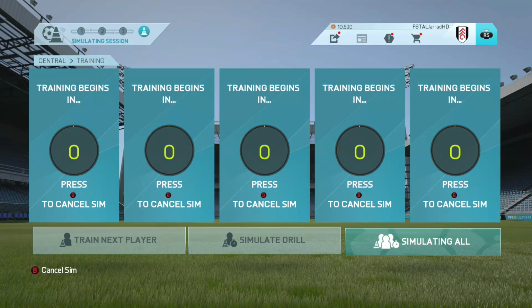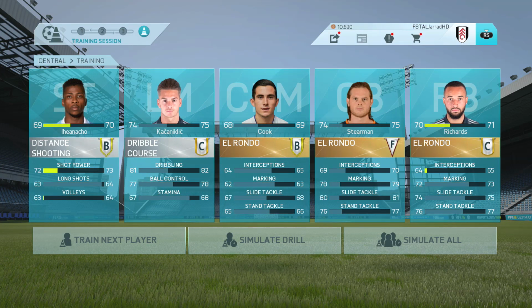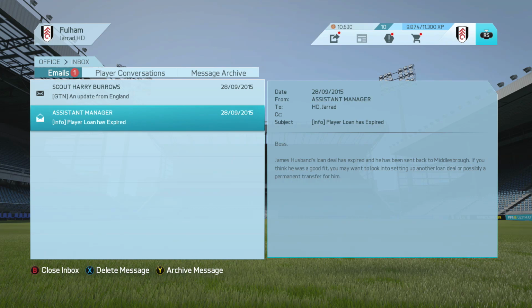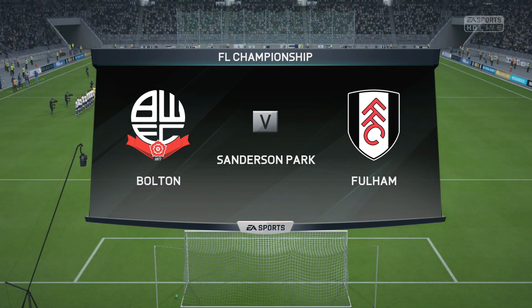As we move into training once again, we see that Iheanacho gets a B, C for Kacaniklic, B for Cook, F for freaking Stearman, and a C that I think was for Richards. And bad news, James Husband has moved back to Middlesbrough. His short season loan has expired, so I'm just going to leave that for the minute as we have a lot of left back